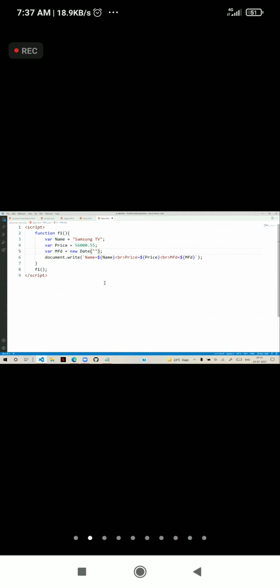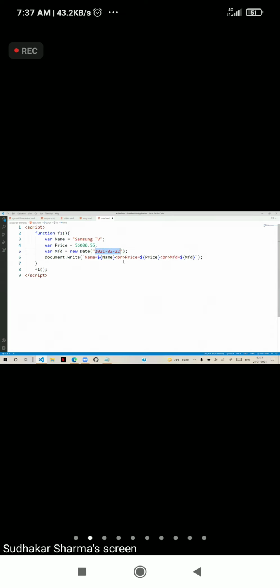And that string also has some standards. It must be entered in year, month, day format. Year, month, day. Now, why is it a standard format? Because the majority of browsers support only this format.